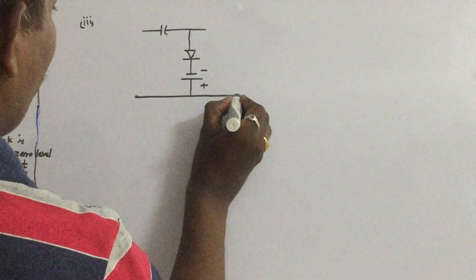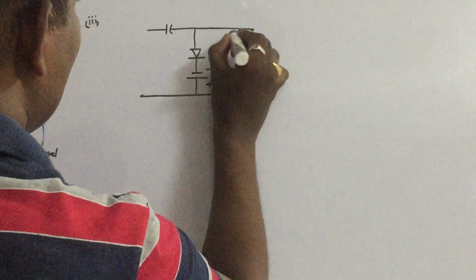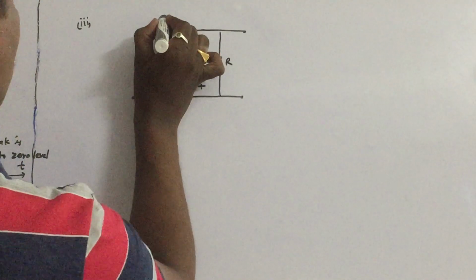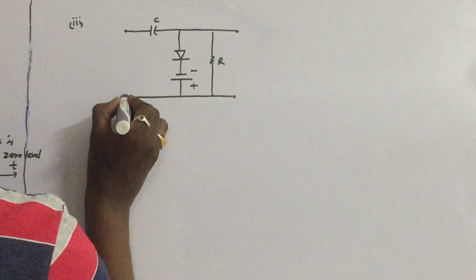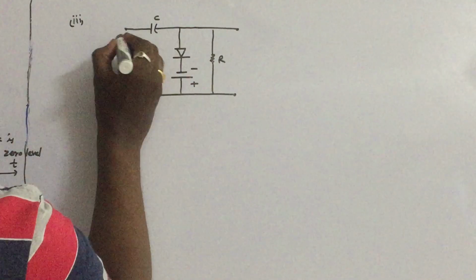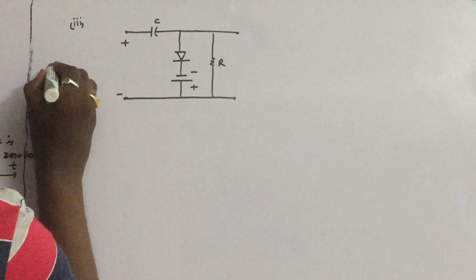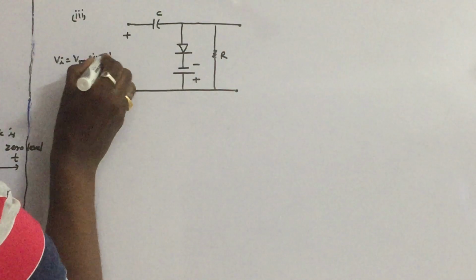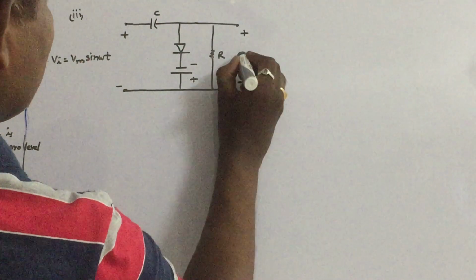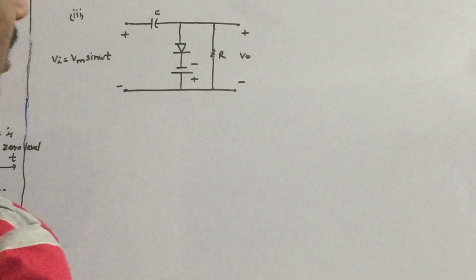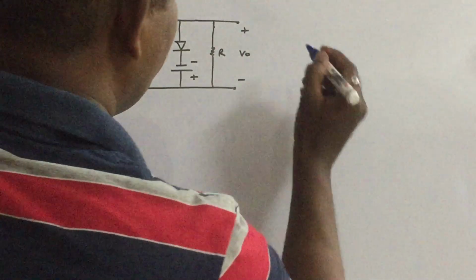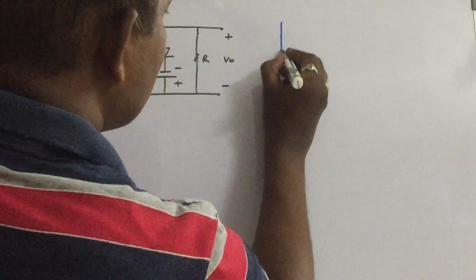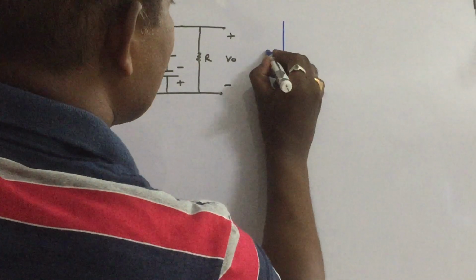Drawing the output waveform is very simple. As I said earlier, in practical circuits we place a resistor R to allow the capacitor to discharge. This is the input. What input are we applying to the circuit? A sinusoidal input of peak voltage Vm. We take the output across these two terminals, V0. It is very simple to draw the output, because this voltage is negative Vr. Therefore, this is the negative clamper.